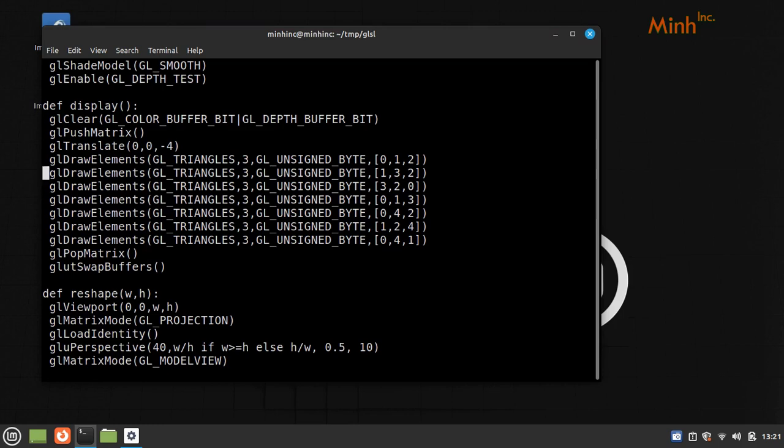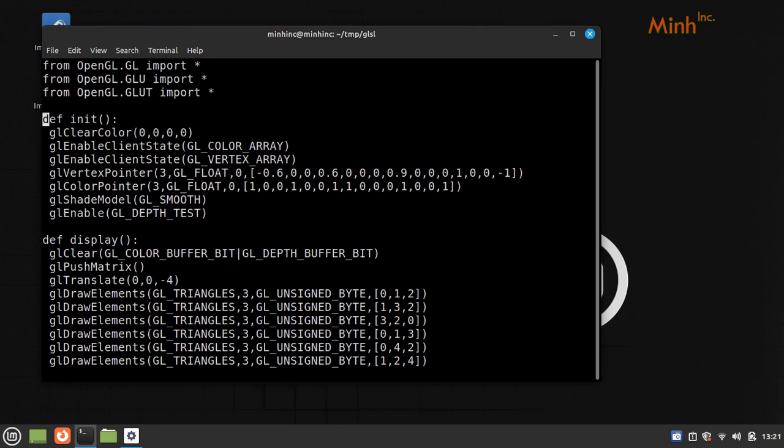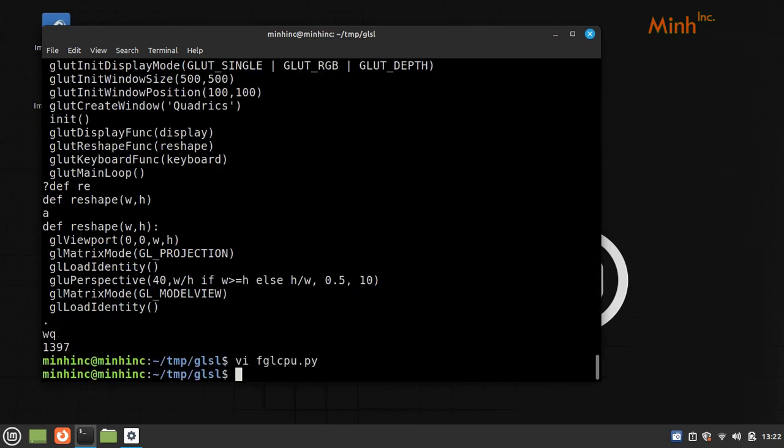So while drawing, we already have data set, client state color and vertex array, and then we can disable it once we are done. So I think we just leave it, and then GL vertex pointer and color pointer and smooth, and so I think we can try